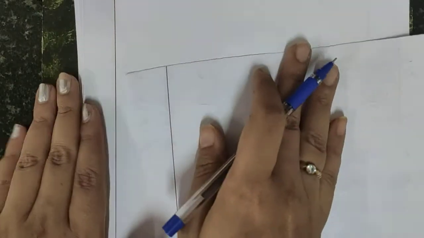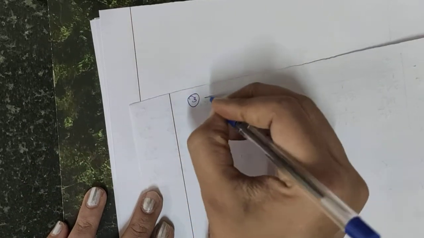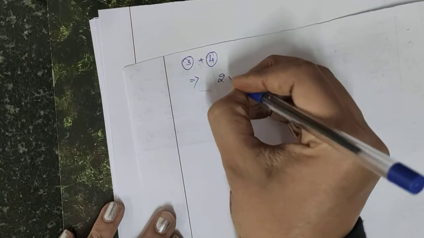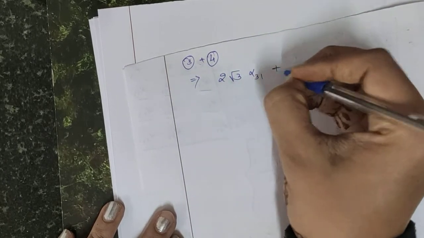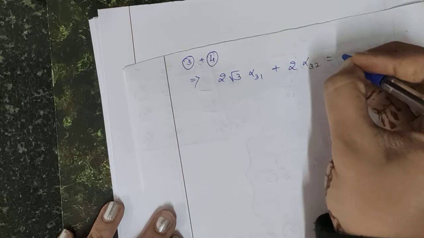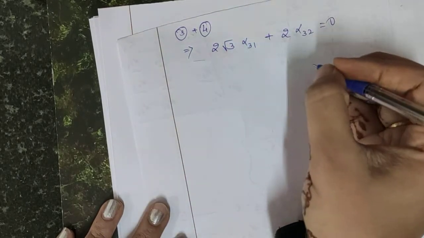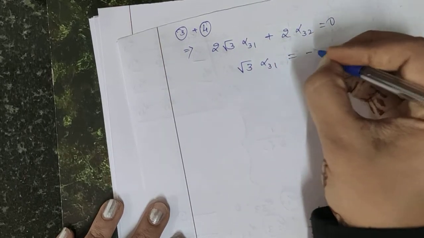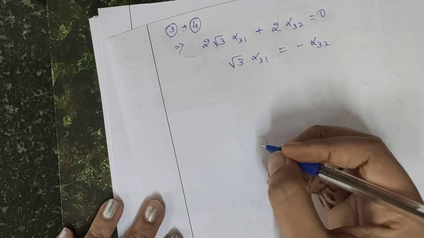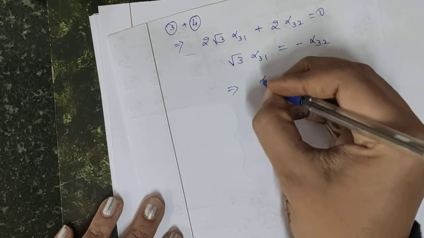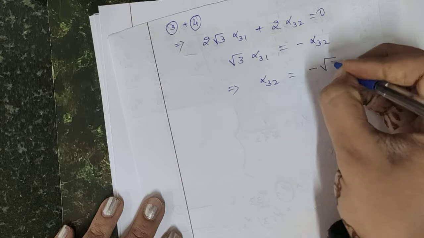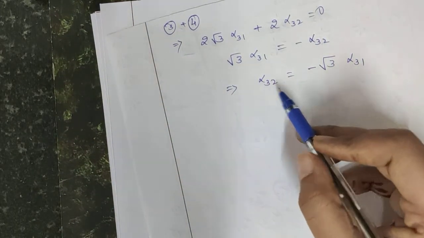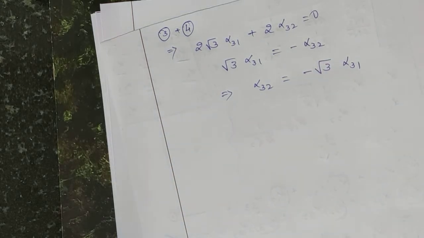So now what I will do is add equation number 3 and equation number 4. By adding these two equations, we will get 2 root 3 alpha 3 1 plus 2 alpha 3 2 is equal to 0. On simplification, we get root 3 alpha 3 1 is equal to minus alpha 3 2, right? Or we can write this as alpha 3 2 is equal to minus root 3 alpha 3 1. So now if I find the value of alpha 3 1 or alpha 3 2, the other value can be determined